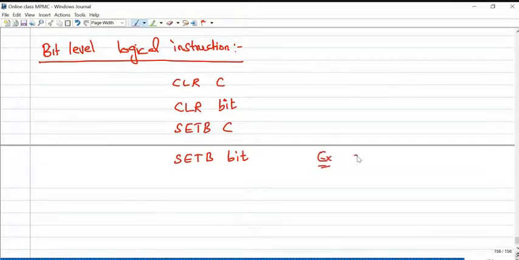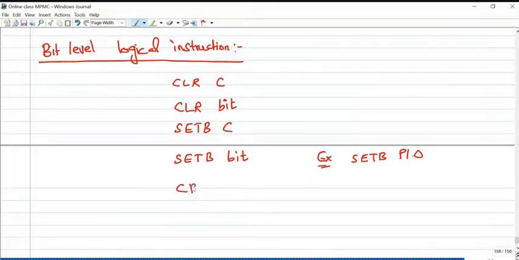Example, SETB P1.0 means in the port 1 register, the zeroth bit equals 1. Already I told you which registers are bit addressable and which are not. It is mentioned in the RAM organization. We cannot randomly use any bits.